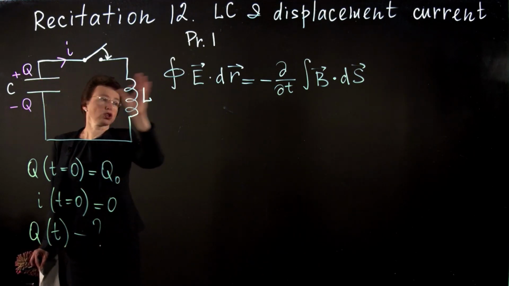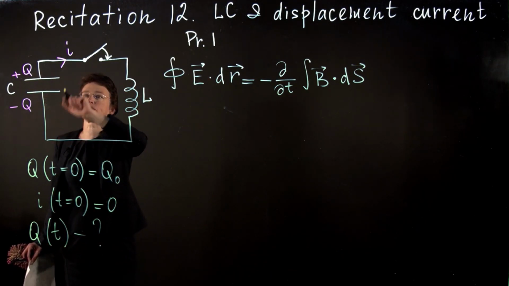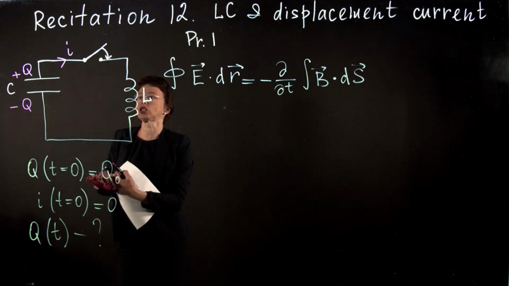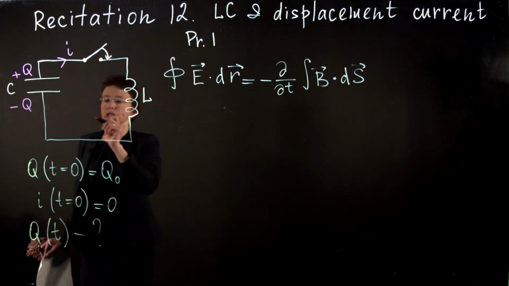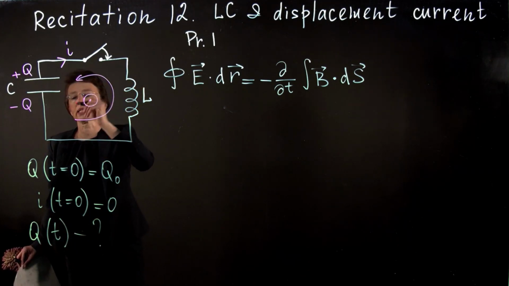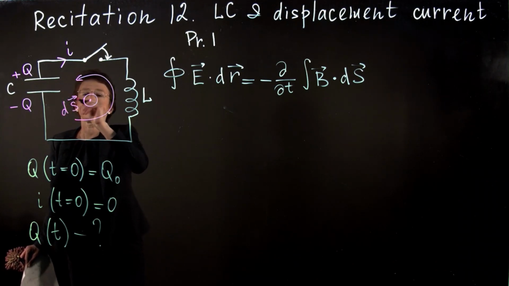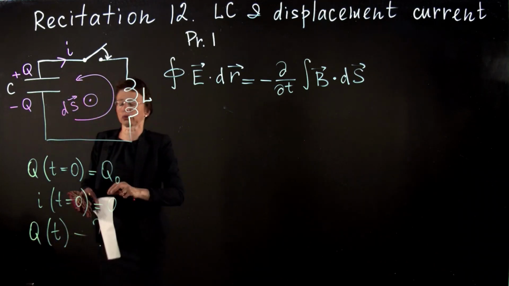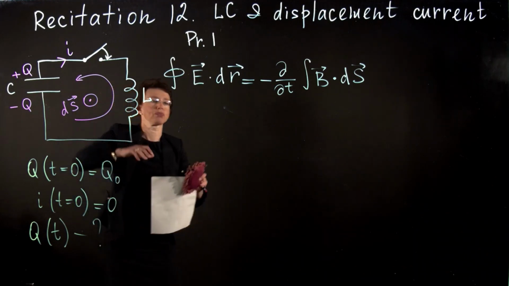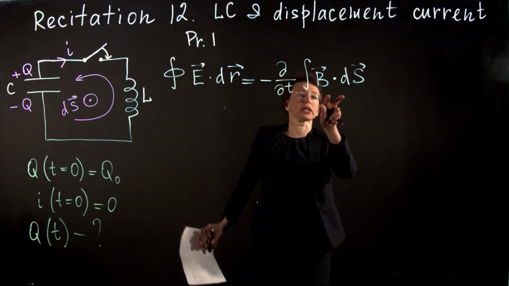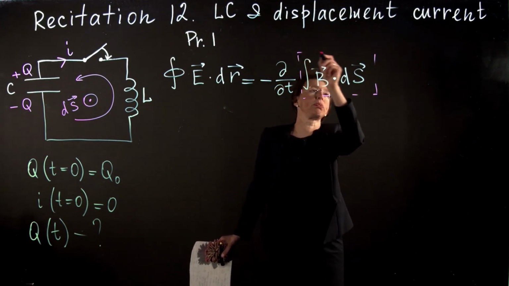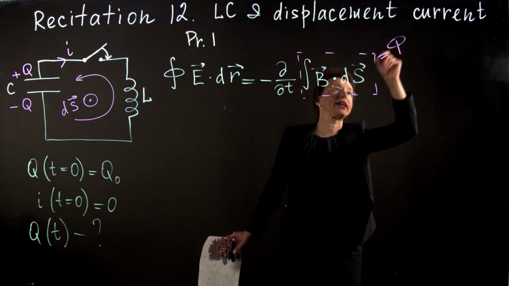So I follow the steps. I have my charges on the plates of the capacitor. I have the direction of current. Now I need to indicate which way I will go around the loop. I will go around the loop in the counterclockwise direction. This is my choice. If I go around the loop counterclockwise, then ds is out of the page. Now I will be working with the right-hand side of Faraday's law. Integral B dot ds, we call it phi, flux.